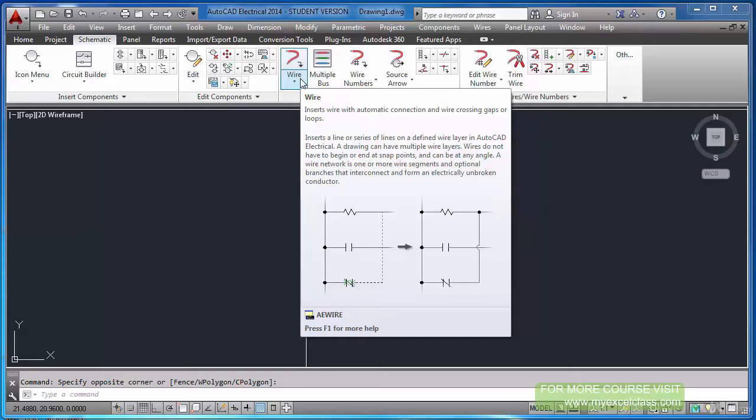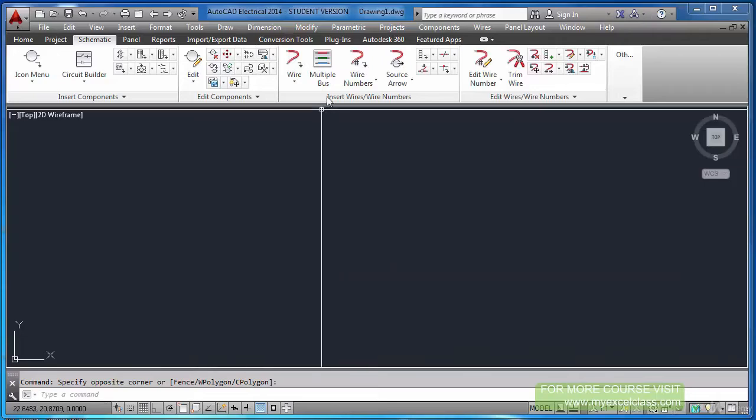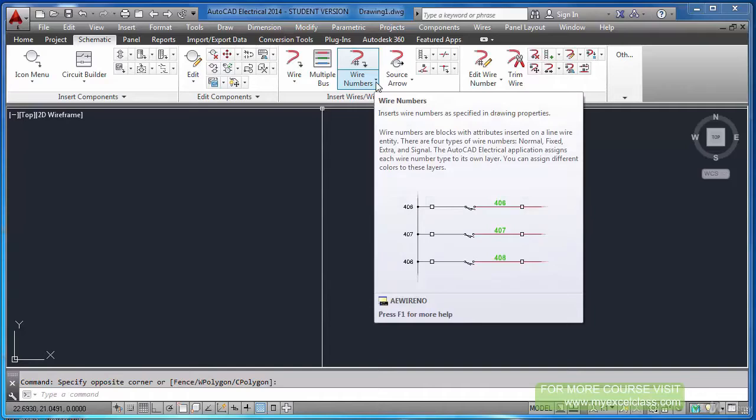Instead of picking from here, you can directly type AE wire in the command toolbar. Again, see AE wire number. That is the command you can apply on the command line instead of picking from here.